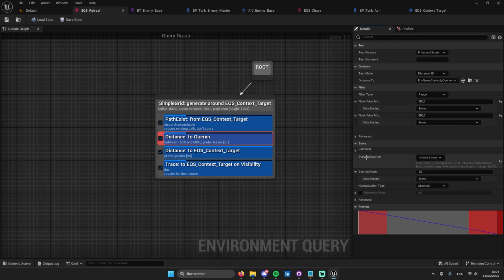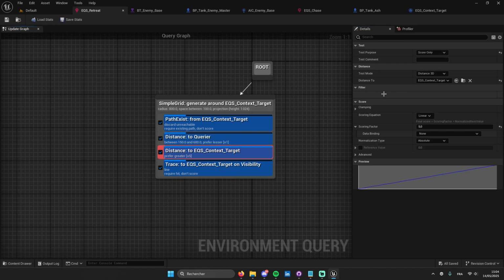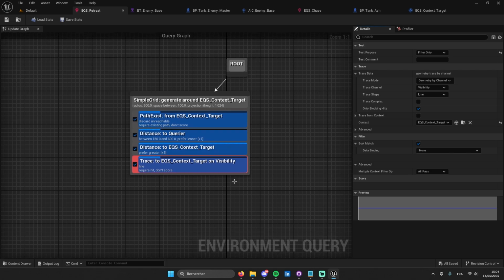And here, into the scoring equation, I inverse linear. Into here, I put a distance with a score only test purpose and a distance to target. Here I keep the linear, but I set the scoring factor to 5. And at the last position, I create a test of trace, with a test purpose of filter only, a geometry by channel, trace channel visibility, and trace shape line. This is everything default, but the context is around the target this time. The bool match is checked, so when the player and the querier can see each other, the